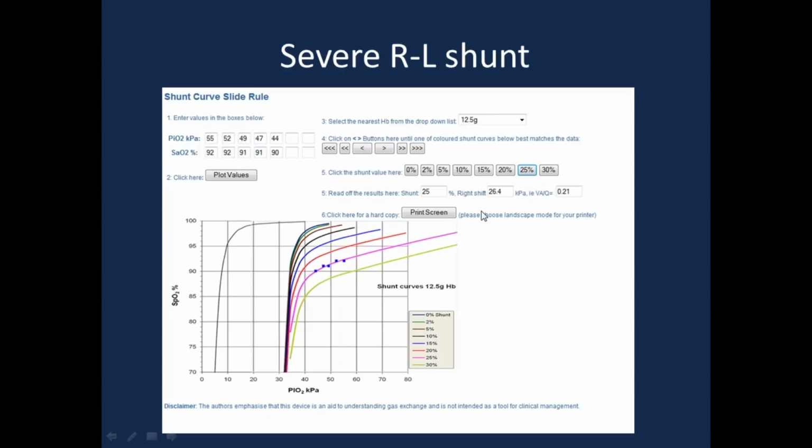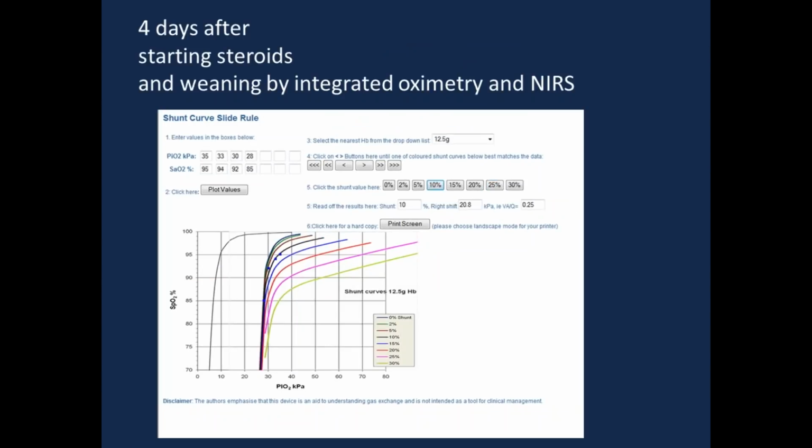was around 25%. So this curve here, 25% of the blood shunted without getting any oxygen, 25% right to left shunt, and VQ ratio was 0.21, worsening from normal, which is 0.8. So we have significant drop of inhaled oxygen with little bit of change in the saturation, which is a typical example of right-left shunt. Few days after, we started steroids and we started weaning by integrated oximetry and near-infrared spectroscopy to